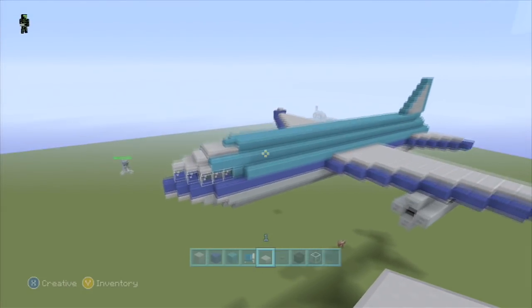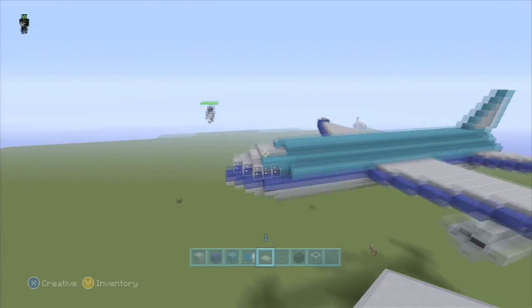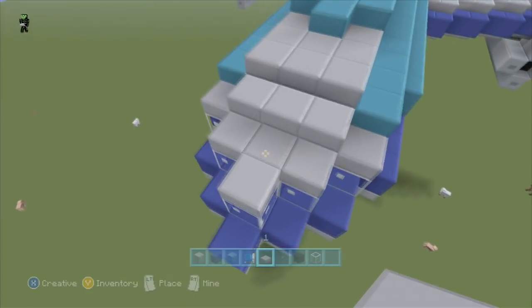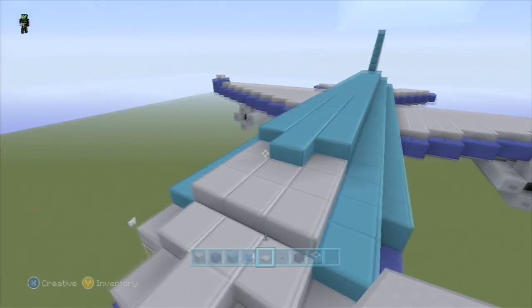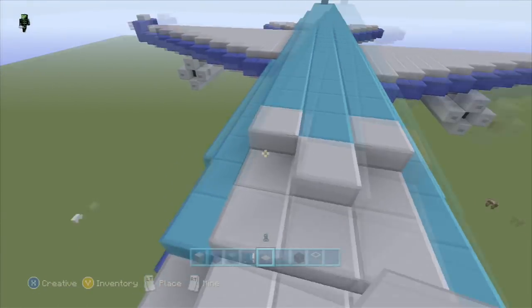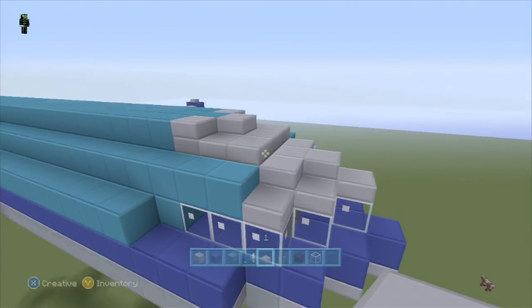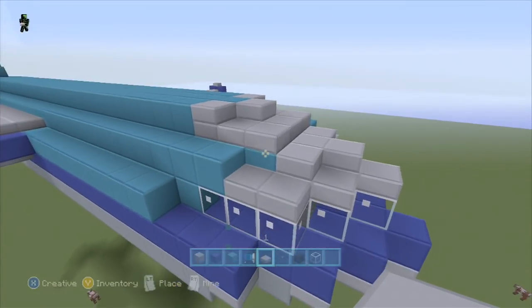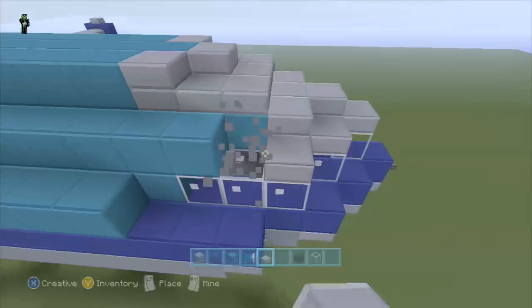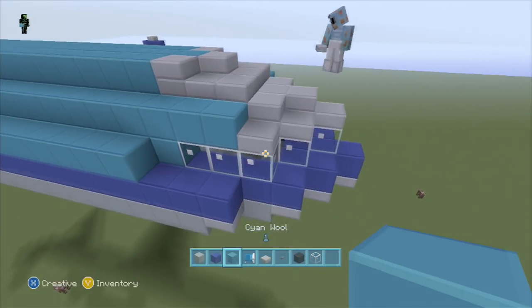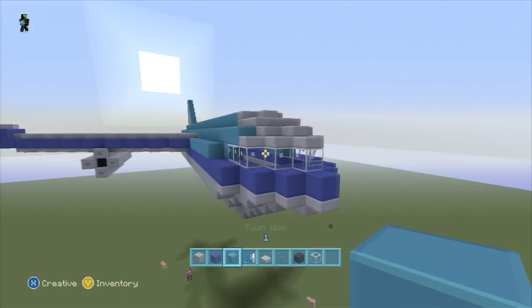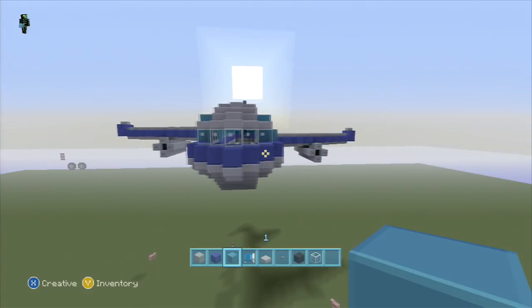Now the front of the plane's completed. Maybe throw in one little, yeah. There we go. Well, maybe we'll leave it like that. Yeah, that looks fine.